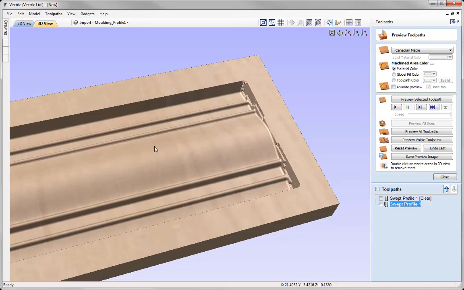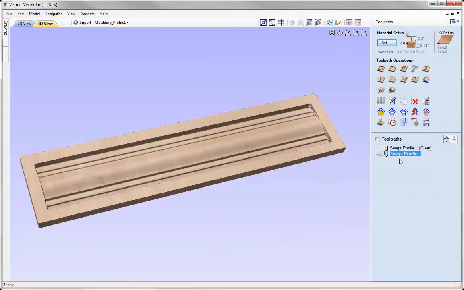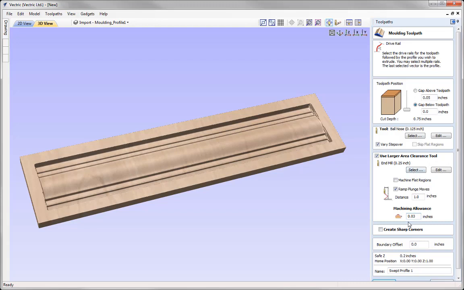But there is another option that we can make use of, and that's where we can efficiently machine flat areas that we may have in our cross section. So let's just close out there. I'll just put that in the ISO view. I'm just going to double click on any one of those toolpaths, and that will reopen the moulding toolpath form. And so in the Use Larger Area Clearance Tool section, we've got this option here to machine the flat